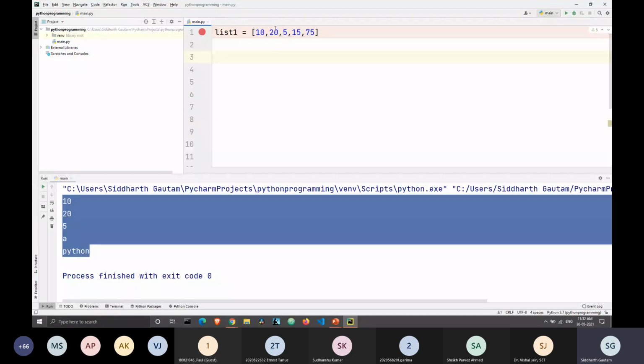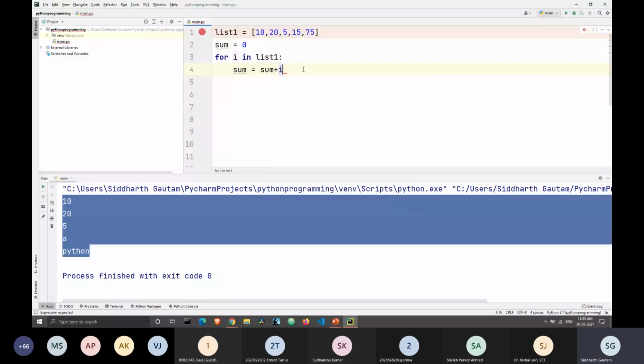So instead of adding each number at a time, we can also do this using a for loop. So we'll write for i in list1. Okay, first we have to declare a variable sum. And since the value of sum should be an integer, let's just start it with the value of 0. And inside the for loop, each time we iterate over this list, we will add the value of i to the variable sum. So we will write sum is equal to sum plus i.